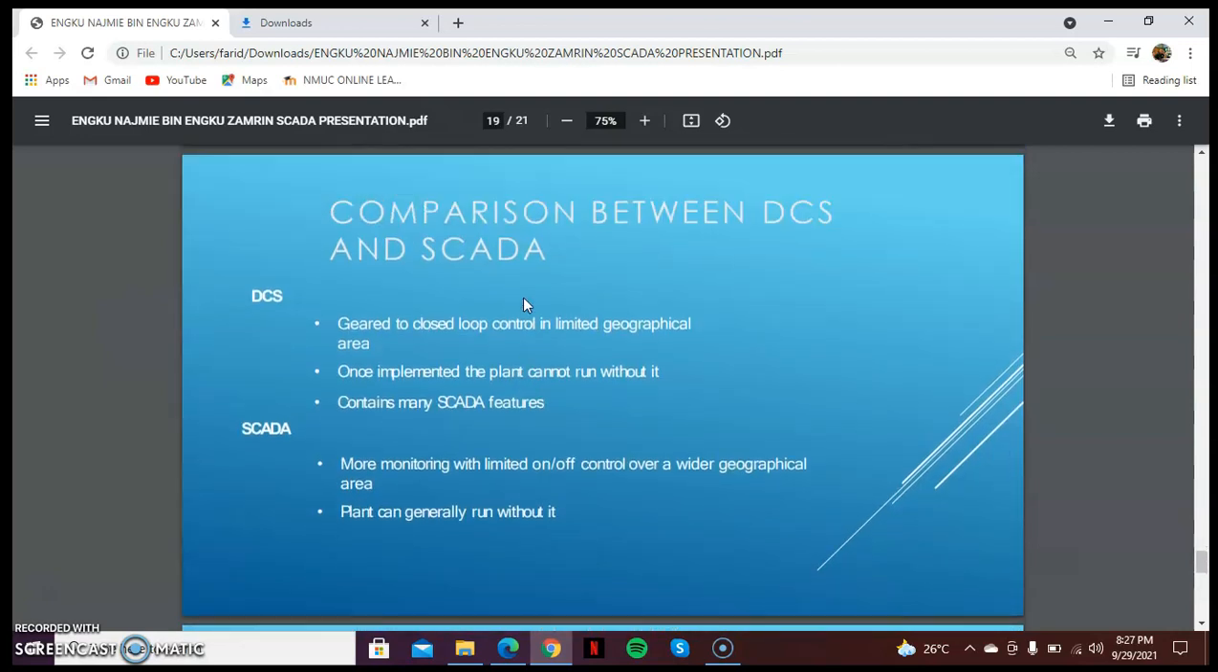And as you can see, there is a comparison between DCS and SCADA. DCS is closed loop control in a limited geographical area, and then it is one implementation where the plant cannot